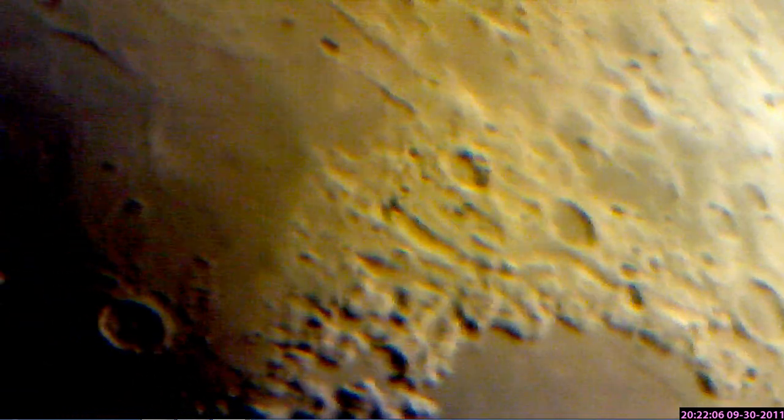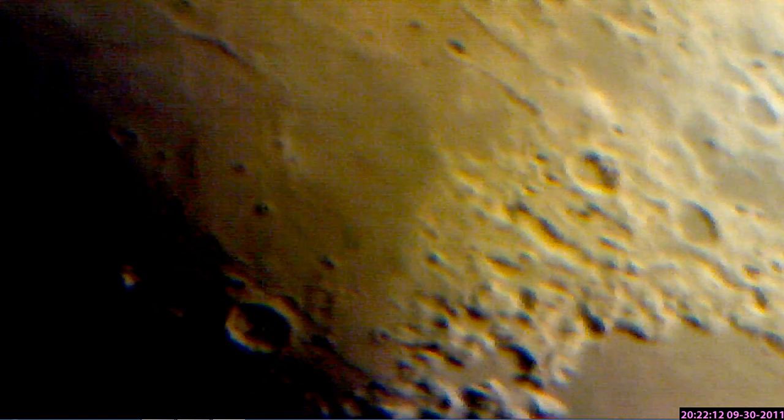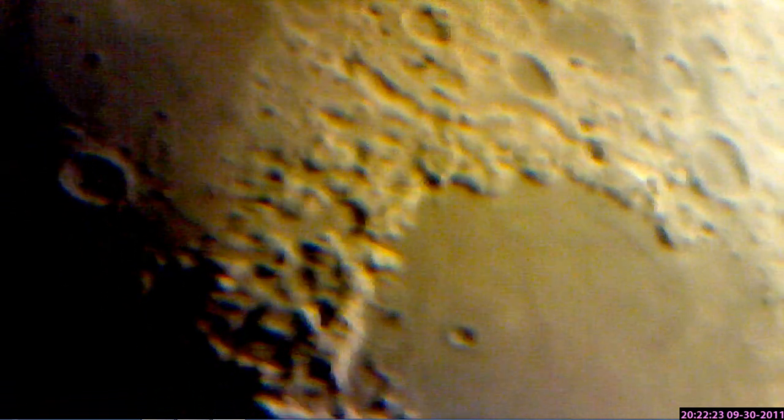Let me turn up the exposure. See, it's just a lousy moon, guys. Matter of fact, I think we're losing the moon behind the house. I'm going to cut this off. Okay, well that's it. We'll kind of camp on the ferret. Wish it could have been better, but